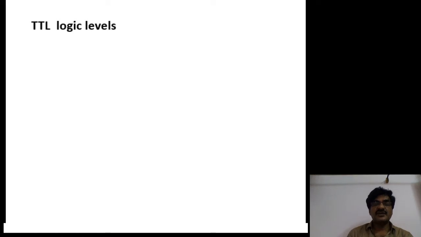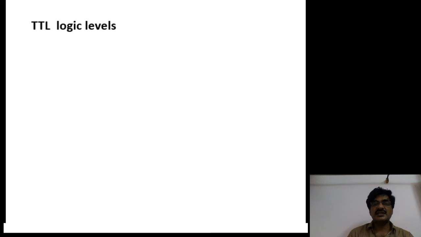Already I said the purpose of emitter coupled logic and Schottky transistors is to avoid the saturation time, because of which the delay is large in the TTL families. To avoid that, in the previous session we have seen how to use Schottky transistors to realize different gates. Now today's session is to discuss ECL, emitter coupled logic.